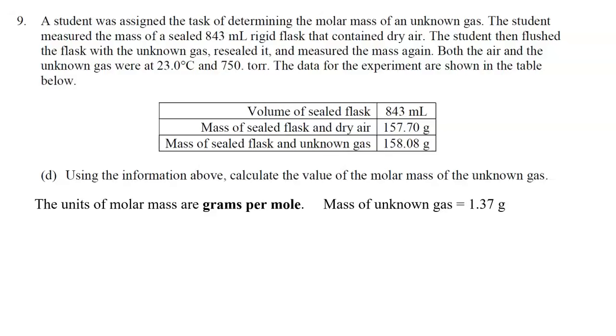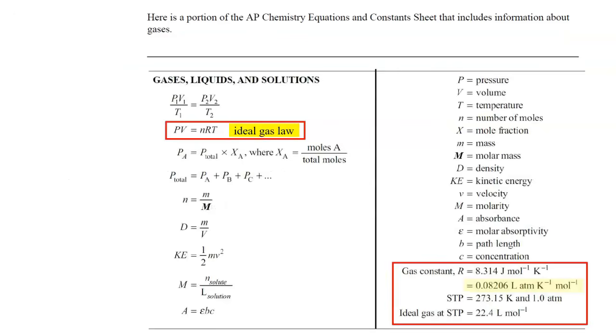So what we need to do is figure out the number of moles of gas. And this will involve using the ideal gas law equation. So how are we going to determine the number of moles of the unknown gas? Well, considering that the ideal gas law involves pressure, volume, number of moles, and absolute temperature, if we already know the pressure, the volume, and the temperature of this gas sample, then we can calculate the number of moles of gas in the sample. And for R, which is the ideal gas constant, we're going to use a value of